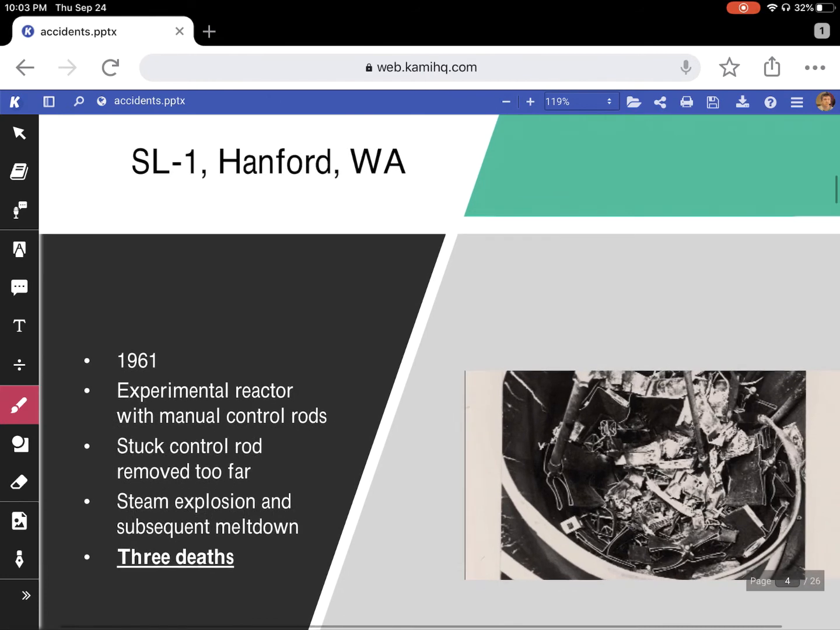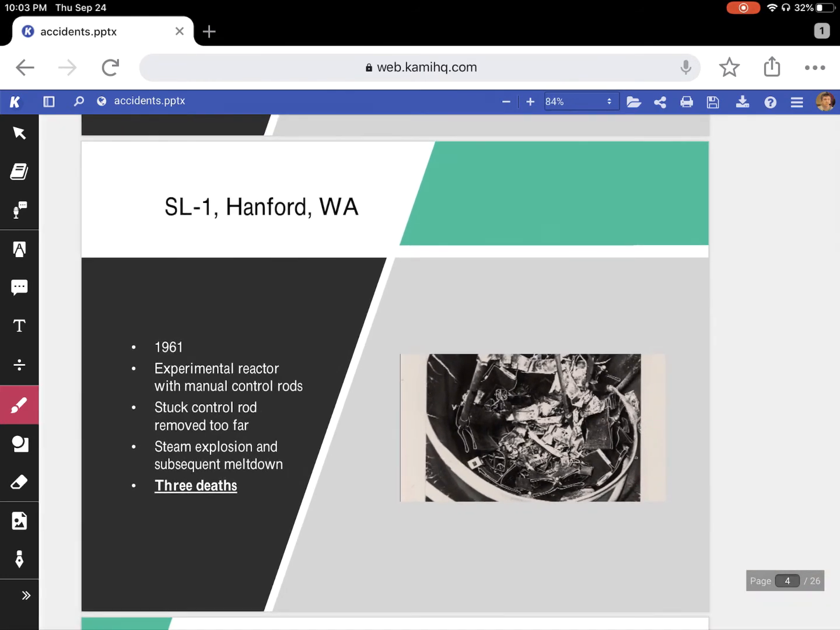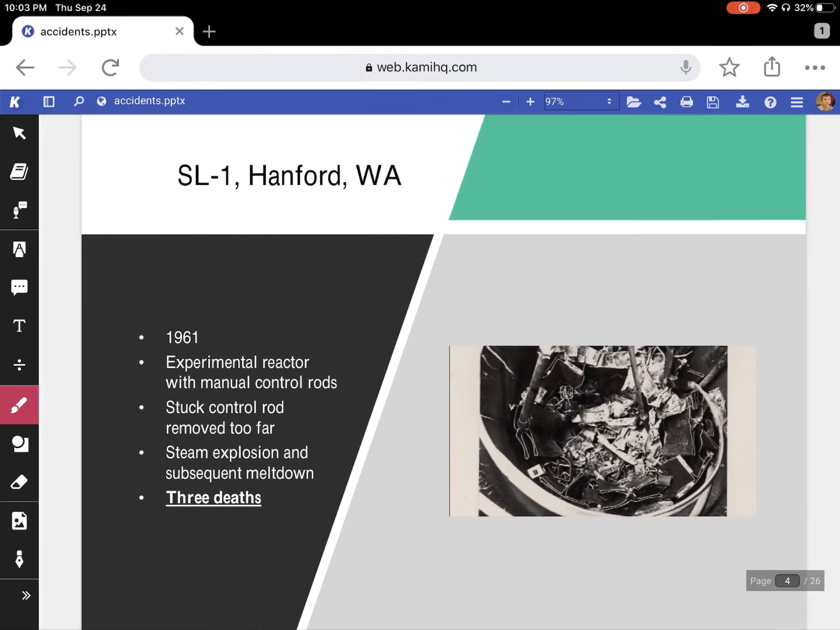Hey, I didn't mean to zoom. There we go. Went to draw. So